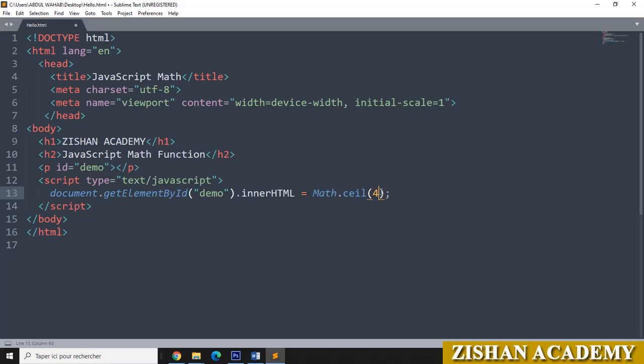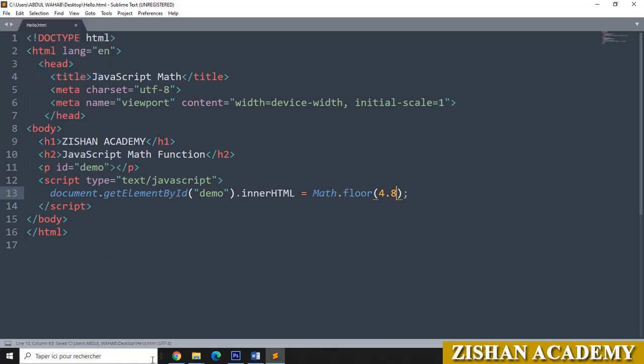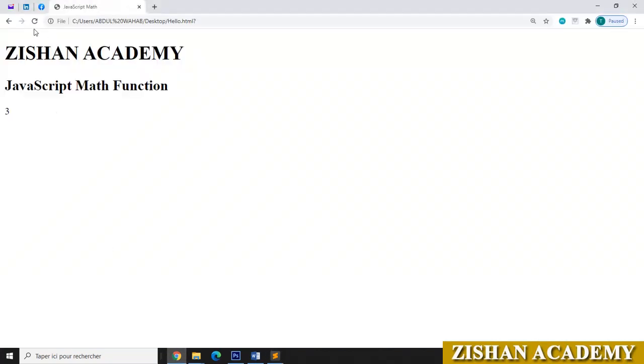Same thing you can do for the next function, that is floor. Suppose if you have the value 4.8 or 4.9 whatever, it will change it to 4. It will come to the lower one. Go to browser, refresh it here.